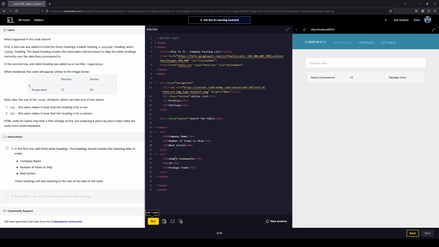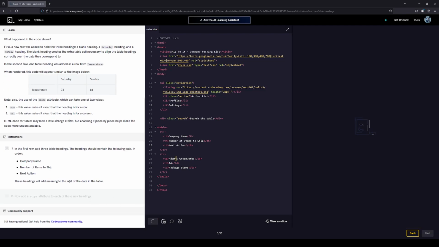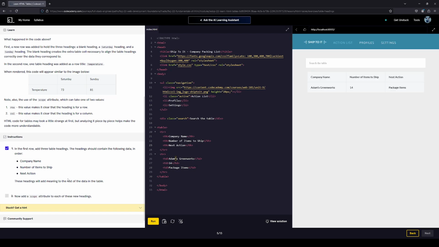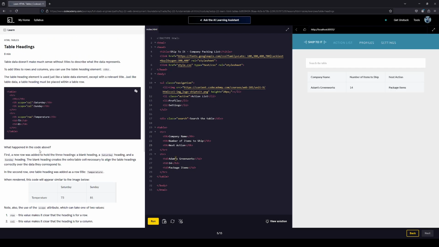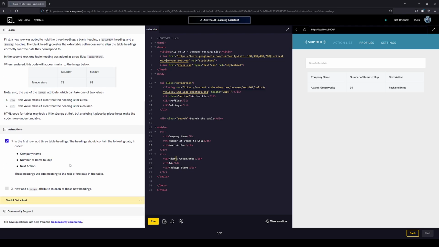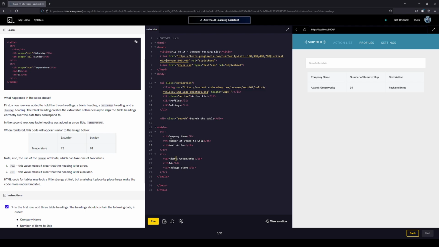Could technically add the scope. It's going to make us add the scope to each of these new headings. Okay, so